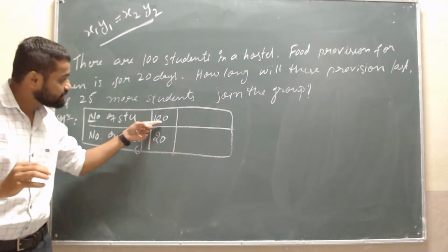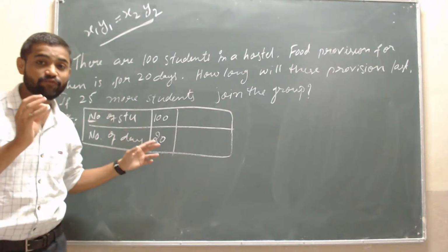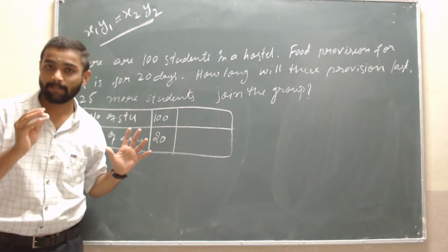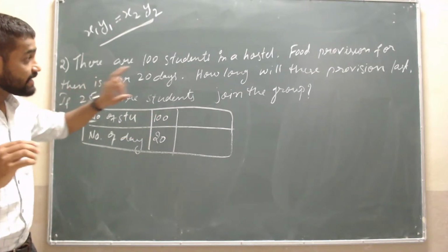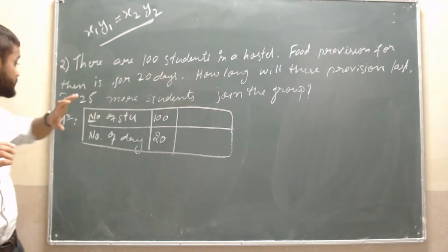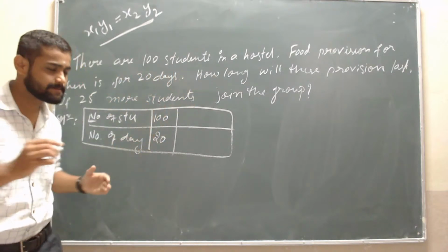Concentrate here. The 100 students will comfortably eat for 20 days with that food provision, isn't it? Yeah, this is the given data. And how long will the provision last if 25 more students are there? 25 more students means